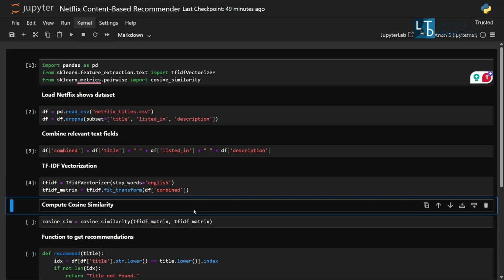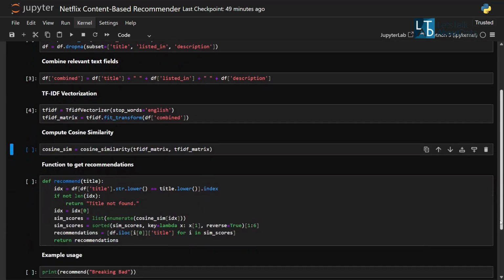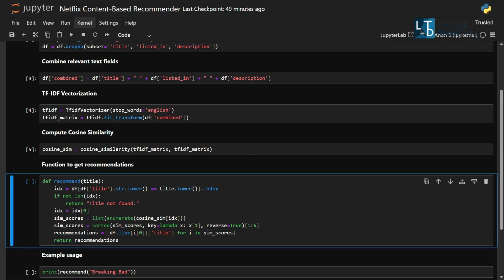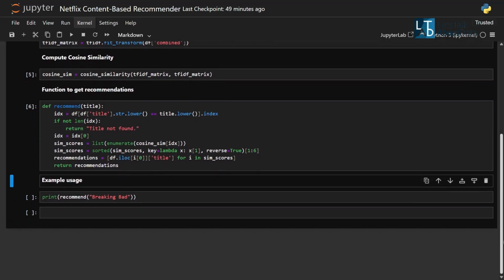Compute cosine similarity. Function to get recommendations. Example usage.